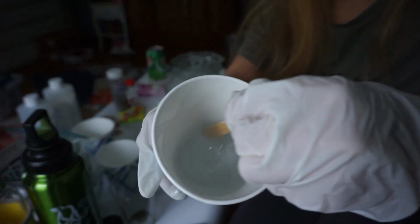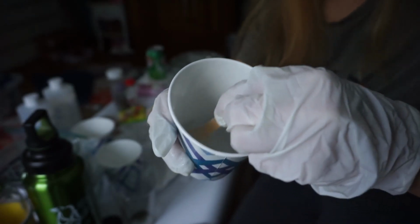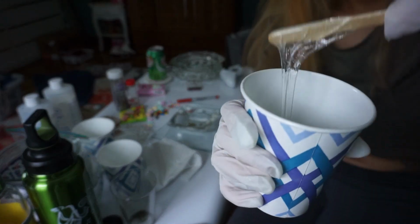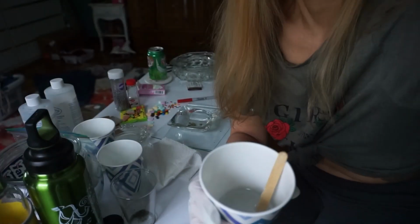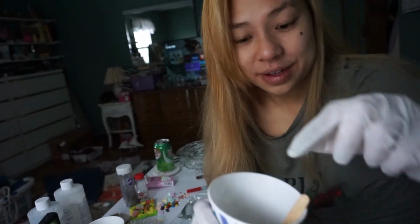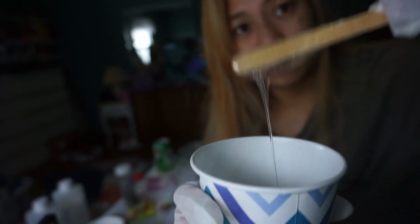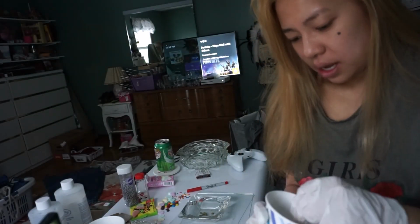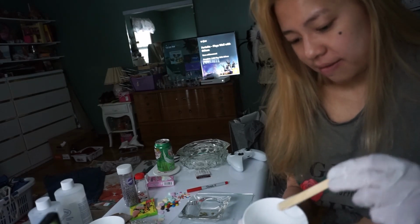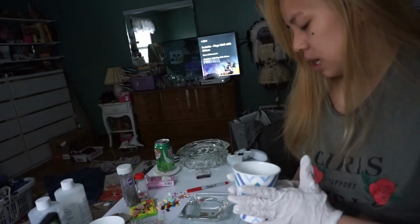I don't know if you could see, swirls start to develop. Okay, so this is kind of what we're going for here. And this has a little bit of air bubbles in it, but one trick that you can use is using a heat gun and things like that. I don't have that, or you could use a hairdryer as well. I don't have a hairdryer actually, so we will just be hoping for the best and